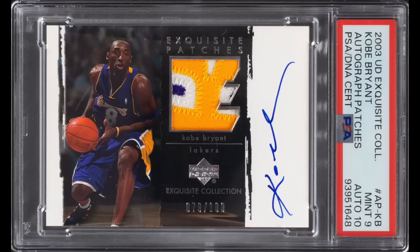Number 5, 2003 UD Exquisite Collection Autograph Patches, Kobe Bryant, graded a PSA Mint 9 with a DNA 10 for the auto. The card is serial numbered out of 100 and comes with a really nice 3-color patch. 2003, of course, the first year for Exquisite with the all-important LeBron James rookie cards scattered throughout. Sold for